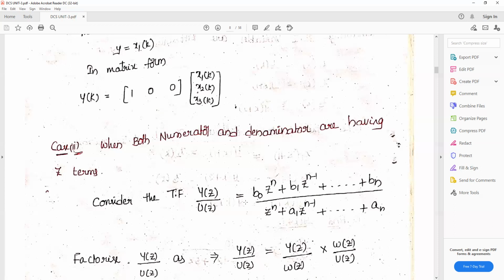So when it is given like this, with z terms in the numerator and z terms in the denominator,